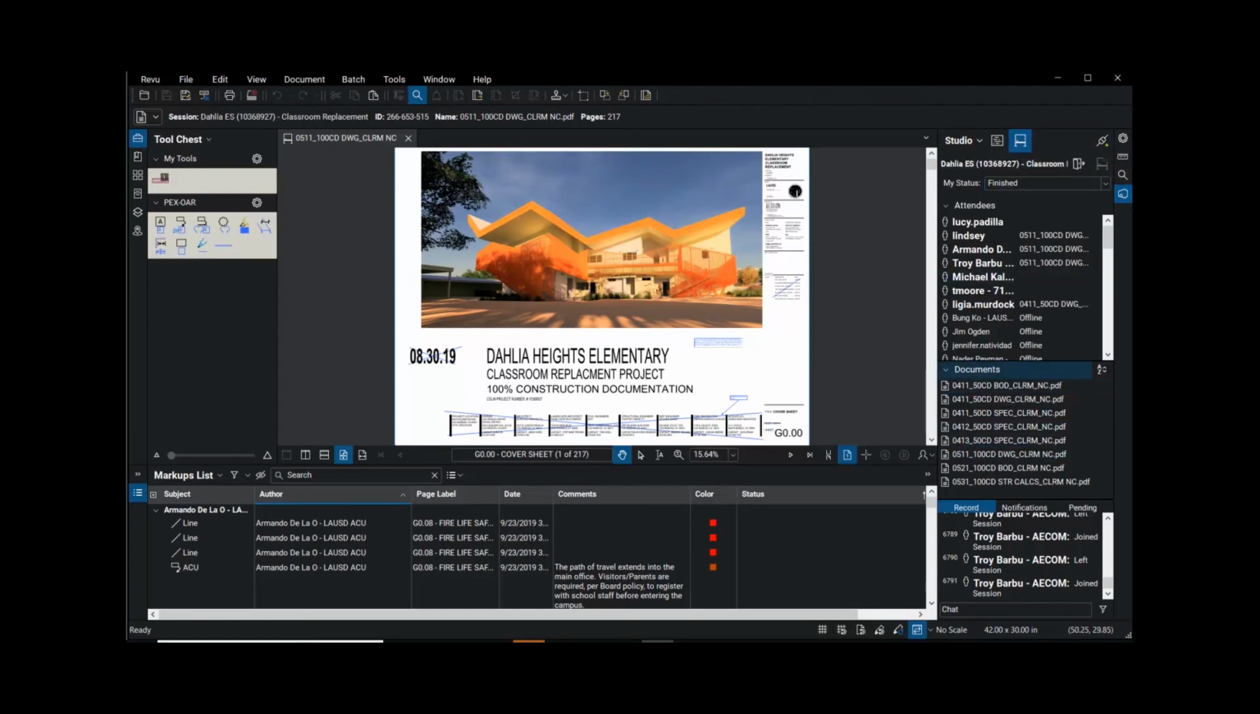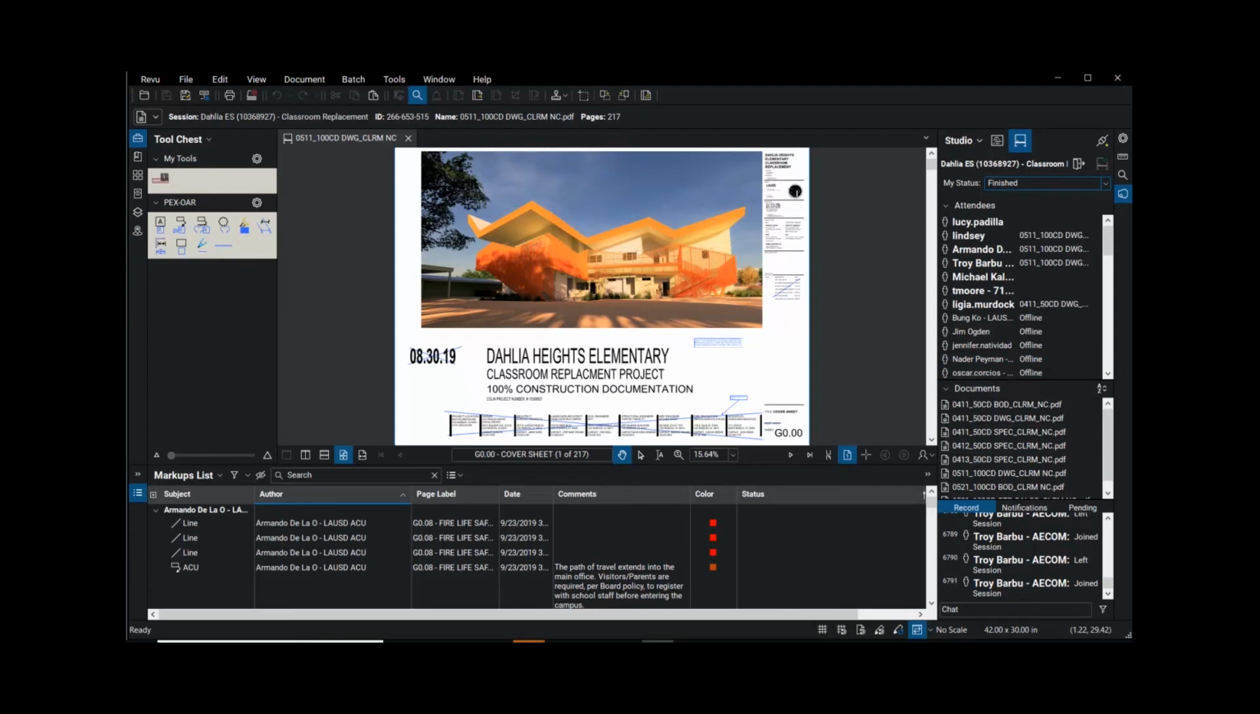So I've got my document open. I can navigate around and make my markups. As I'm working through, I can see the markups here at the bottom in the markups list. There are videos which cover making a markup, and so I won't talk about that in this video, but I do want to point out if you're looking for other people's markups or even your own markups, you can right-click